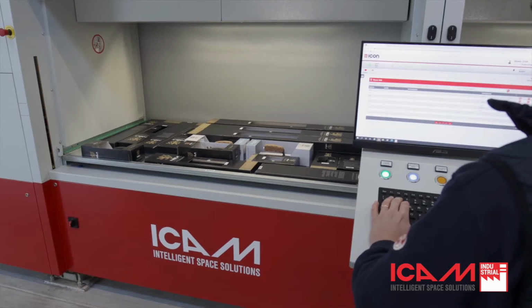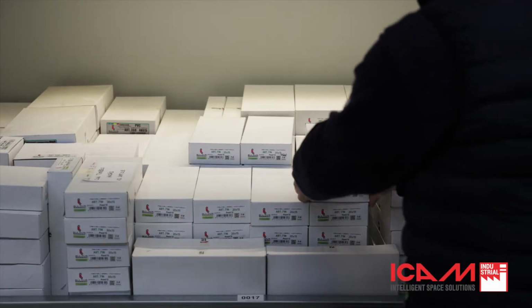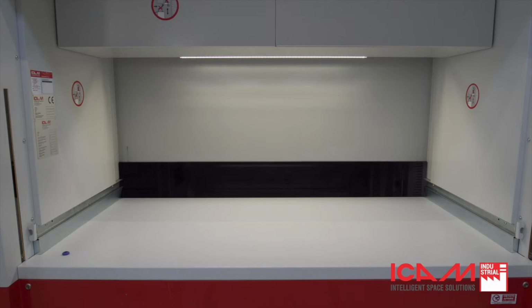The storage systems are equipped with 2 side-by-side access openings, which significantly increase the speed of picking operations. Order fulfillment follows batch picking logic. The operators take several units of an item code from the same tray and then subsequently divide them into different